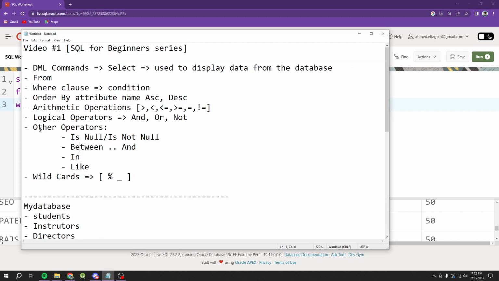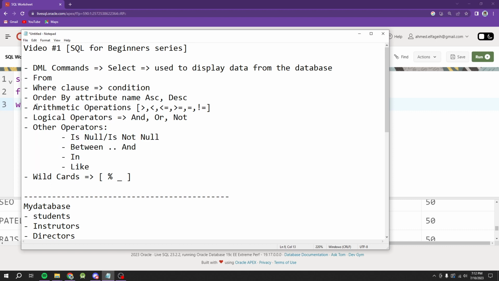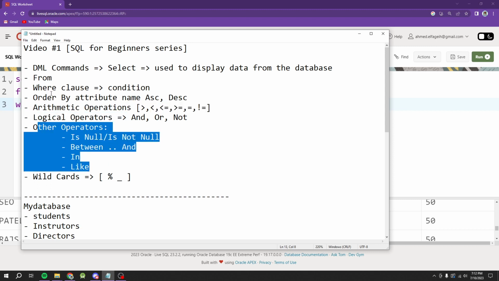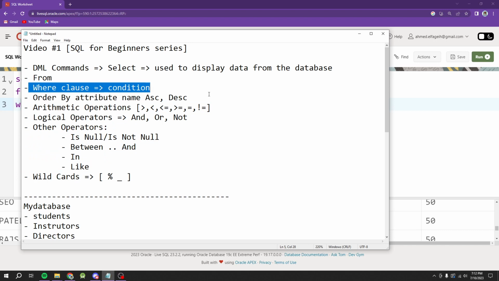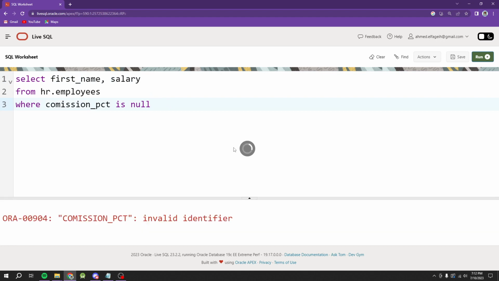As you can see here, there are operators, right? Null, not null, between, and, in, and like. These are operators. And as you can see, the arithmetic operator, the logical operator, and other operators, they are all used where? They are all used in the where clause, where you have a condition. Okay? So I want to display the name and the salary of all the employees where the commission is empty. So if I run,